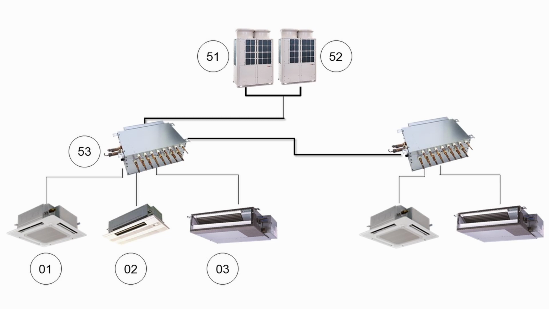Let's say this system is in a retail environment. We're going to leave an address gap between the main BC and the sub-BC for future expansion of units that would be attached to the main BC controller. In this case, we're going to address the units connected to the sub-BC as 9 and 10. That would make the address of the sub-BC 50 higher than the lowest addressed indoor unit connected to it, or